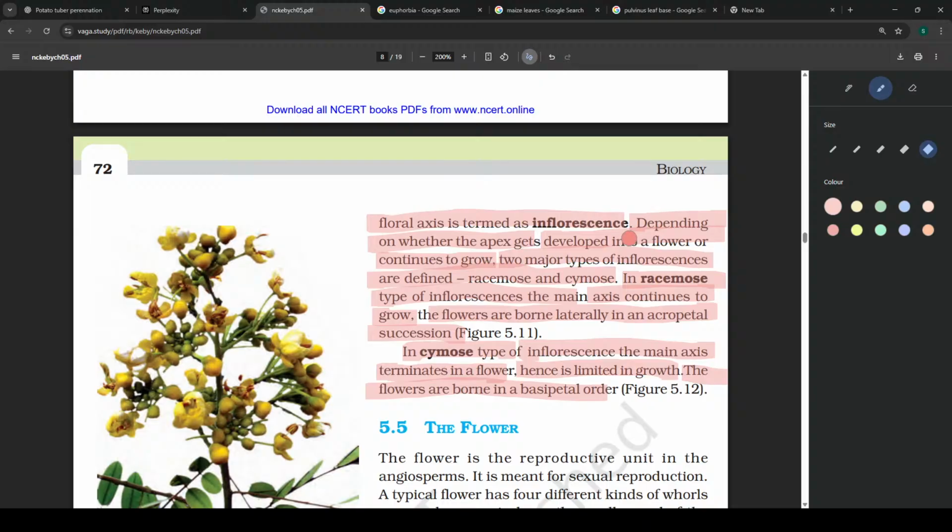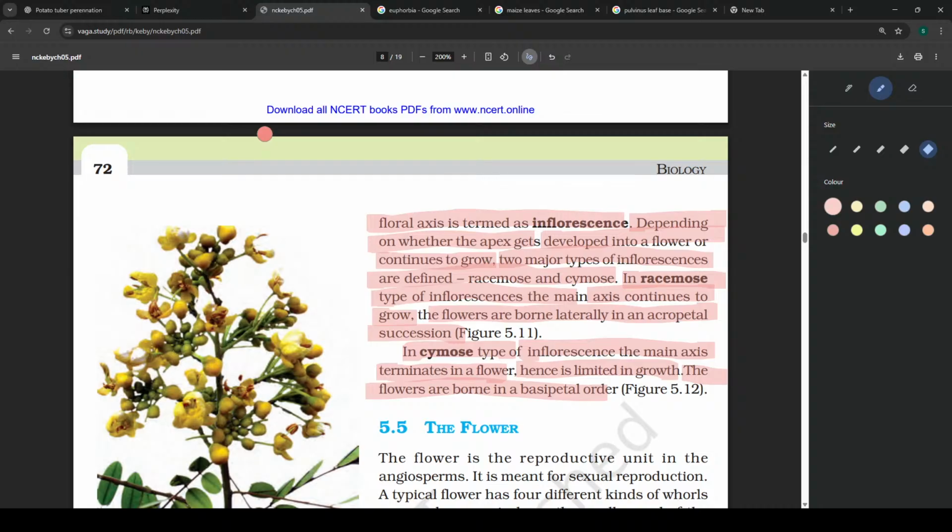Okay, basically there are two types of inflorescences, that is racemose and cymose. Racemose inflorescence is where the plant will show continuous growth, it will not stop. Normally we know that plants can grow indefinitely, and this kind of plant will have indefinite growth. And in case of a cymose inflorescence, the plant will not have continuous growth. At the tip of the shoot apex, the shoot apical meristem will turn into a floral meristem. This will cause a flower to arise at the tip of the shoot,